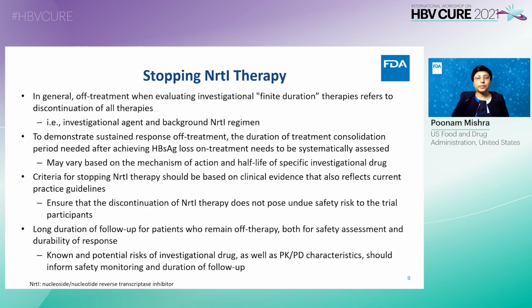In general, off treatment when evaluating investigational finite duration therapies refers to discontinuation of all therapies, including background NUC regimens. There are serious concerns regarding stopping NUC therapy in virally suppressed patients on stable treatment regimen. To demonstrate sustained response off treatment, the duration of treatment consolidation period needed after surface antigen loss on treatment needs